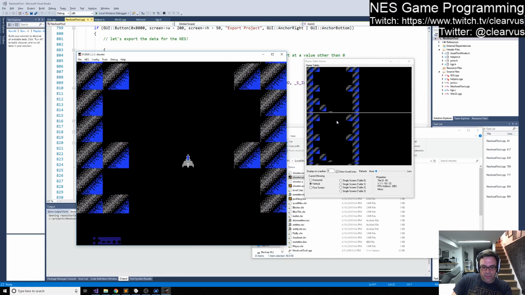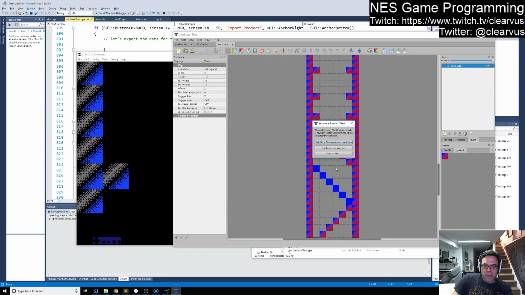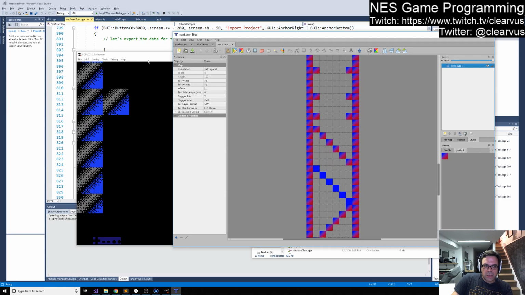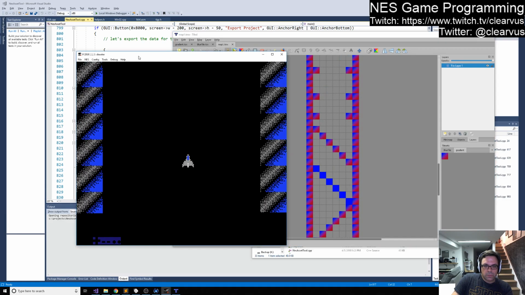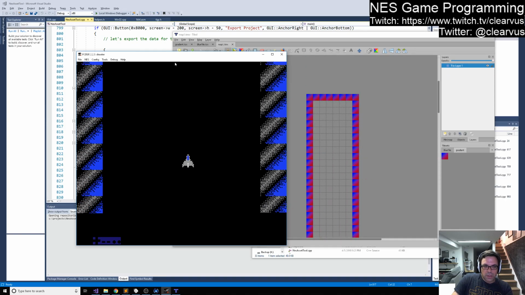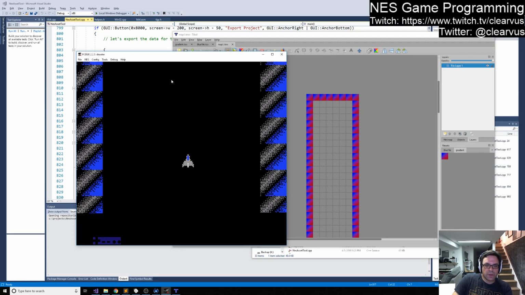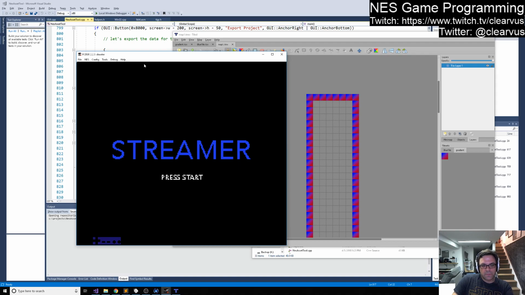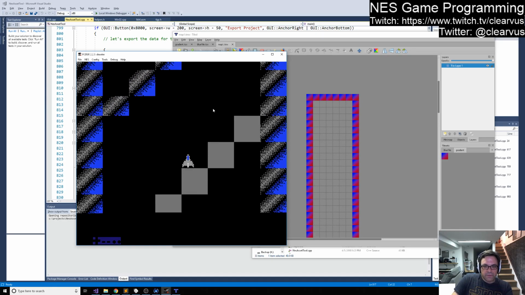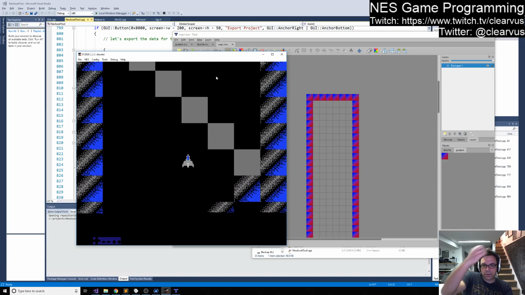And so this map is now being loaded properly based on the metatiles that are in the map here in Tiled. That was pretty exciting because now we have a way of building our maps and then converting them over for the NES. Obviously there are still some things that were done as shortcuts that we're going to need to address,